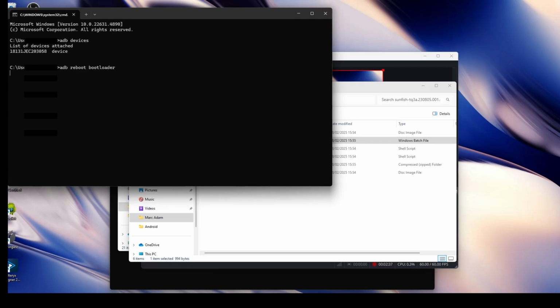And you take a look at your phone now, and it's starting to get a dark screen. Yes, and it's in Fastboot mode now. And now you can also click here Fastboot devices to make sure it's the same device connected to Fastboot. And now you will do Fastboot